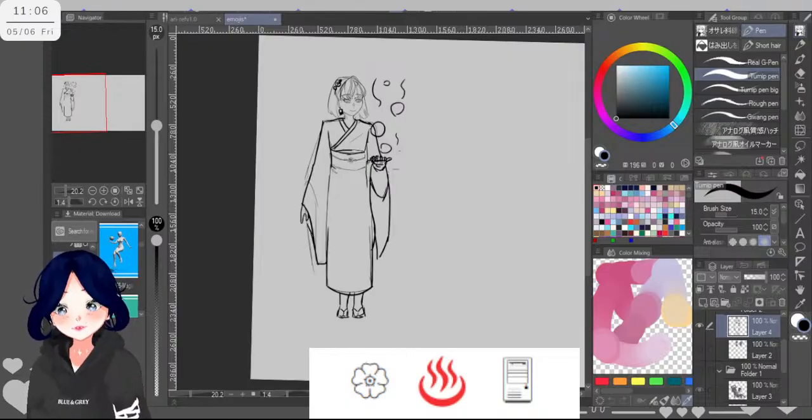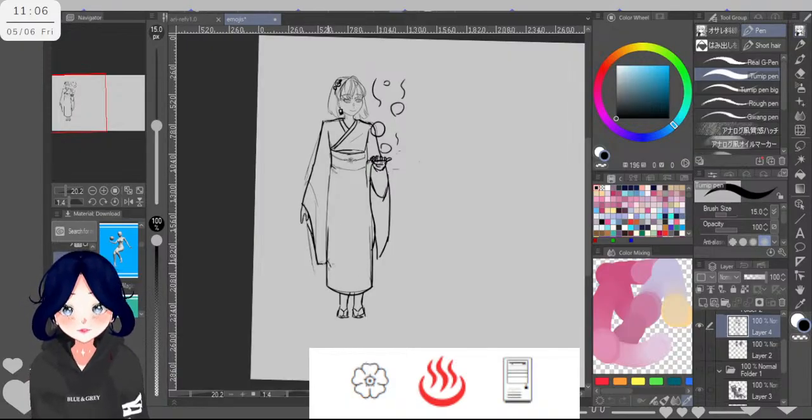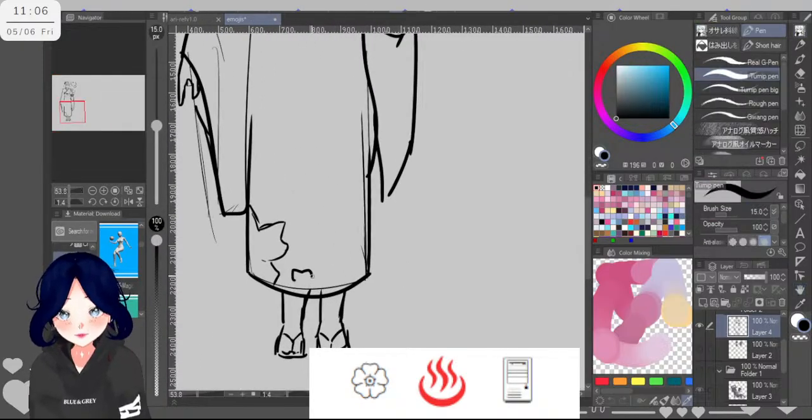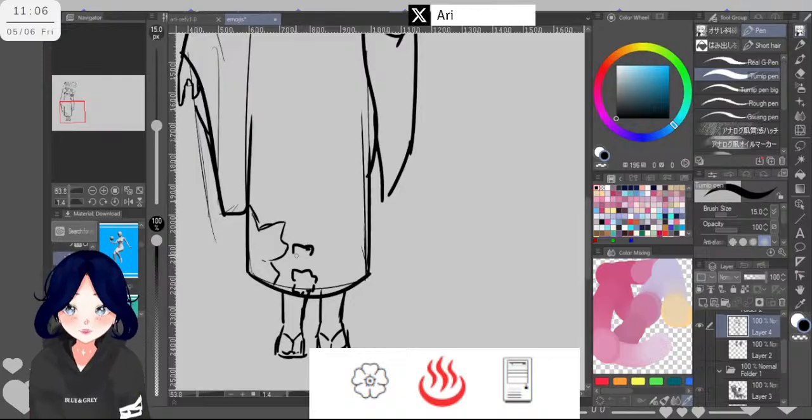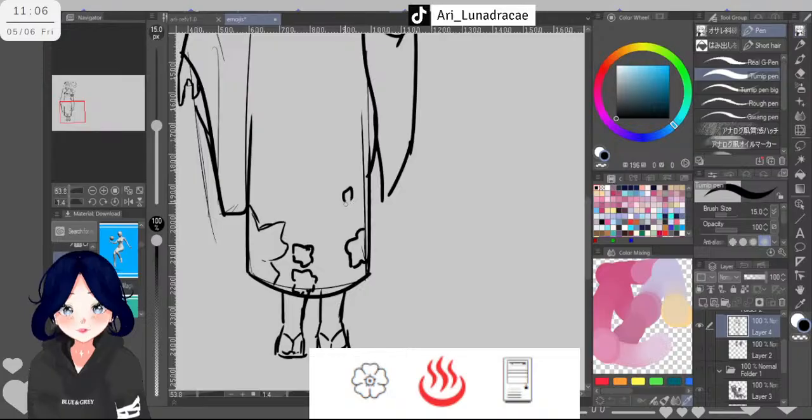Oh, accidentally pressed something else. So here we will have the flower pattern. Since we spent so much time with this one, I am going to do the flowers loosely. And if I ever do a more polished version of this one, then I will fix that.